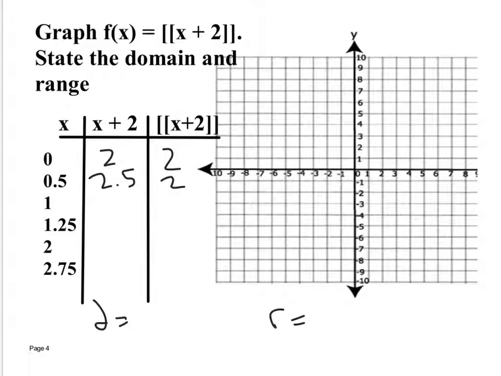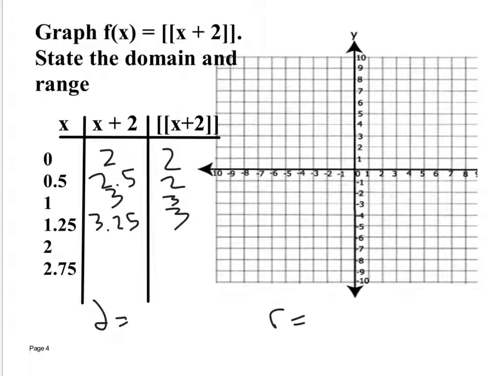So when you're adding 2, now it moves it over to 1. What would be 1 plus 2? 3. What's the greatest integer of 3? 3. And 1.25 plus 2 is 3.25. But what's your greatest integer? 3. So it doesn't matter what the decimal is, you're always going to revert back to